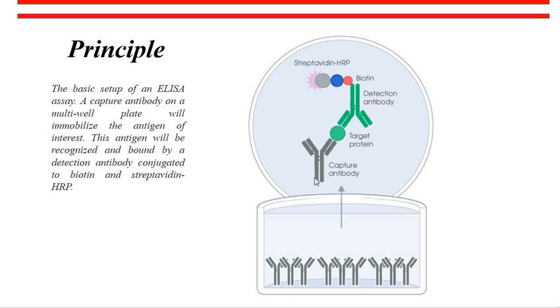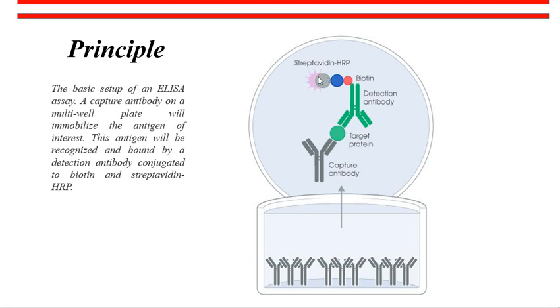A single capture antibody is shown here in black color. This capture antibody will be used to immobilize our target protein, which is the antigen, shown with a green sphere. This antigen will be recognized and bound by a detection antibody. The detection antibody is conjugated with horseradish peroxidase enzyme, and when the substrate of this enzyme is added to this well, the substrate will be hydrolyzed by HRP, as a result of which a colored signal will be produced, which will enable us to detect our target protein.